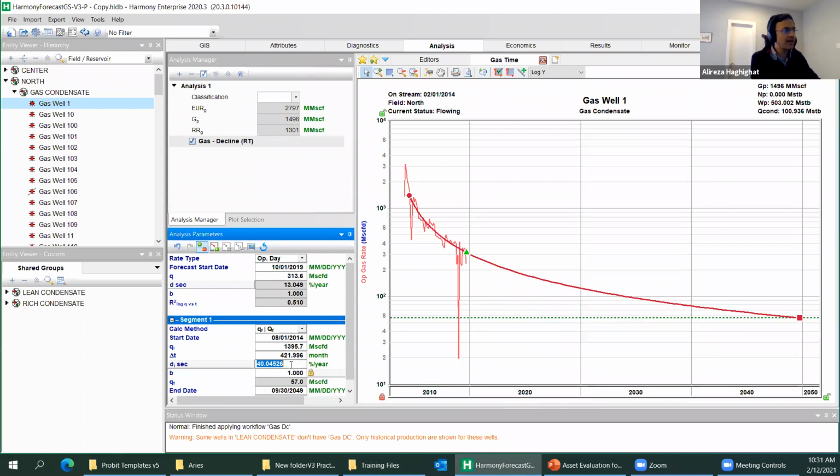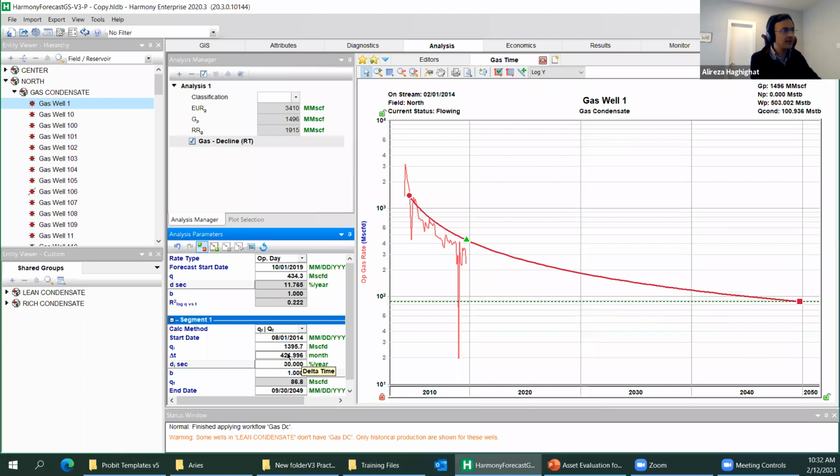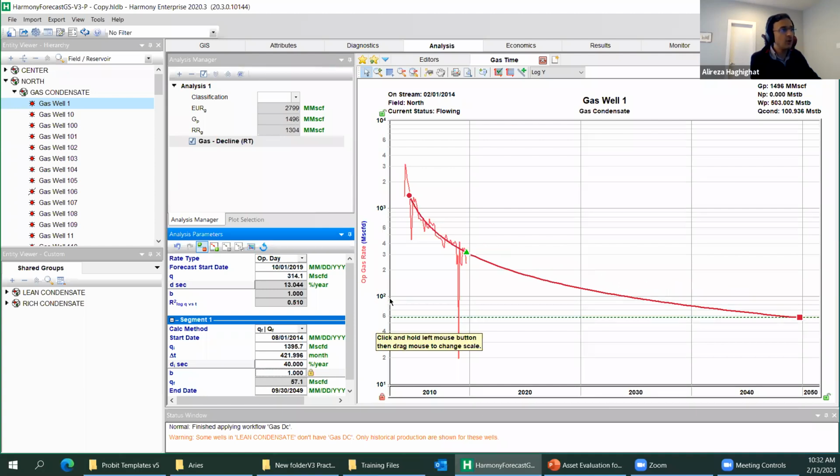And again, let me show you what happens if you change your initial decline. It's 40%. I make it 50%. You see, the fit quality is not good. I make it 30%. And you see, this is the quality of the fit. So what you need to do, you need to play with these two parameters until you are happy with the shape of this fit. This is the workflow. For each individual well, you create the initial fit. And when you have the initial fit, you start tuning B factor and DI and QI,